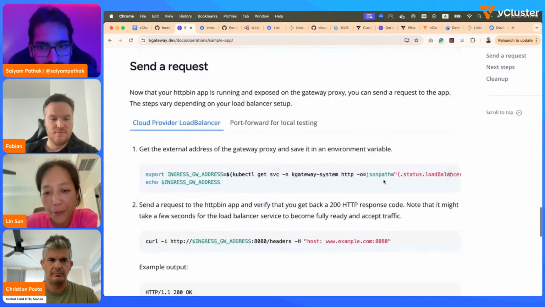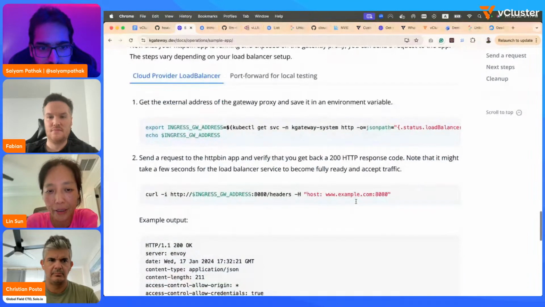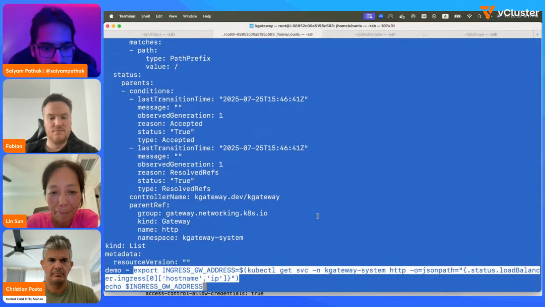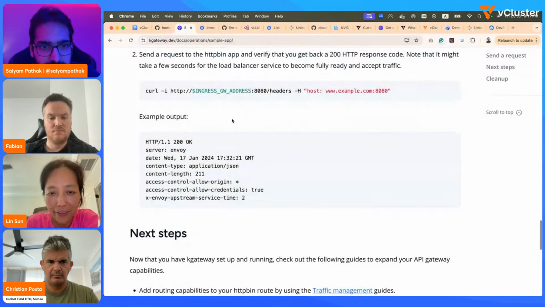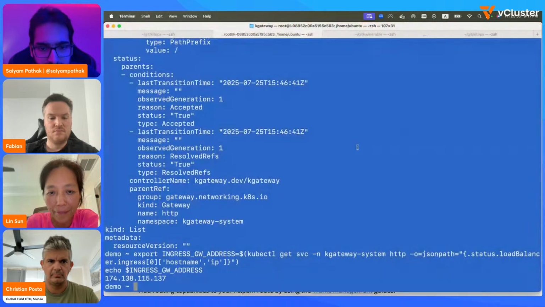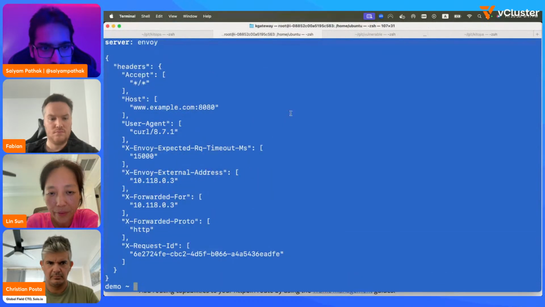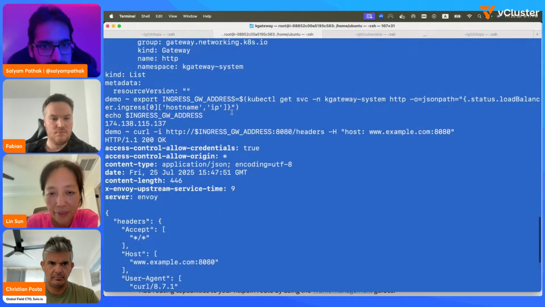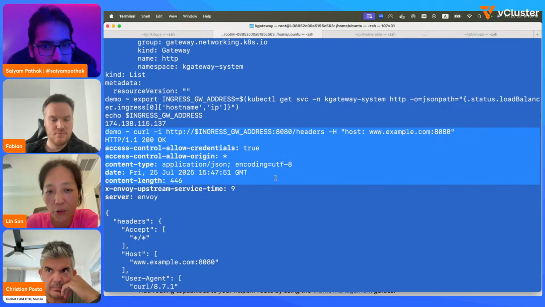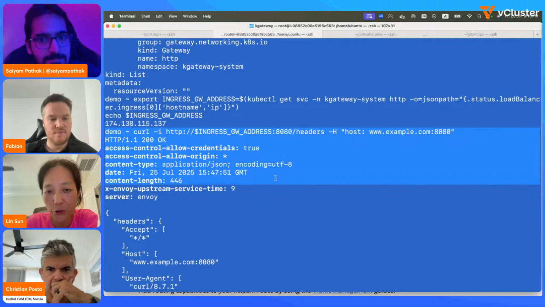Yeah, so this example should work because you have a load balancer IP. That looks right. I think that was your IP. I think it's working. So basically, we showed how the traffic reaches the HTTP bin gateway proxy,